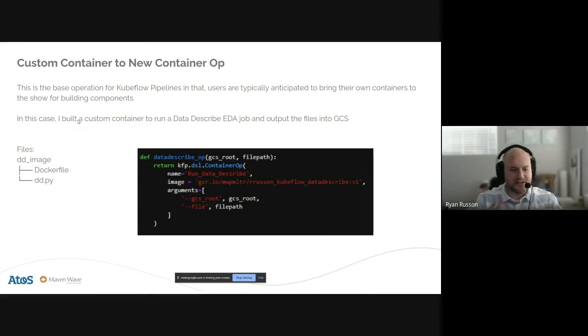In this case, for the data describe part of this pipeline, I did that. I created a Docker image that had data describe built into it, and it runs through that EDA and dumps all those files out in GCS. So I bring that in. It's a custom way to do it. And so the way you